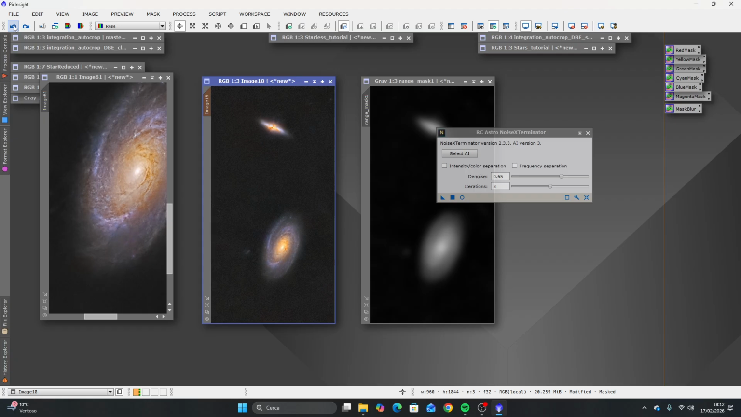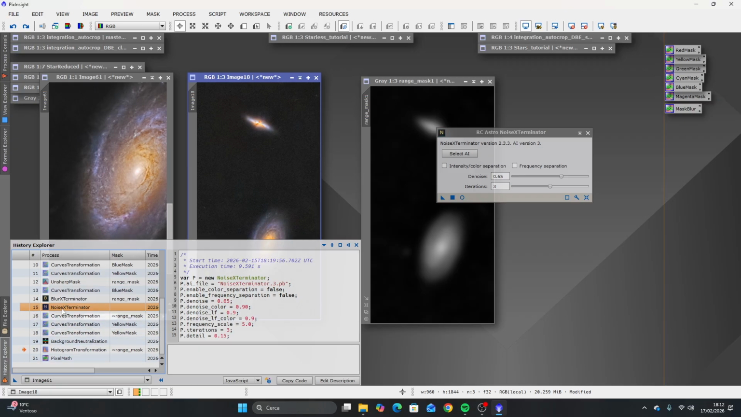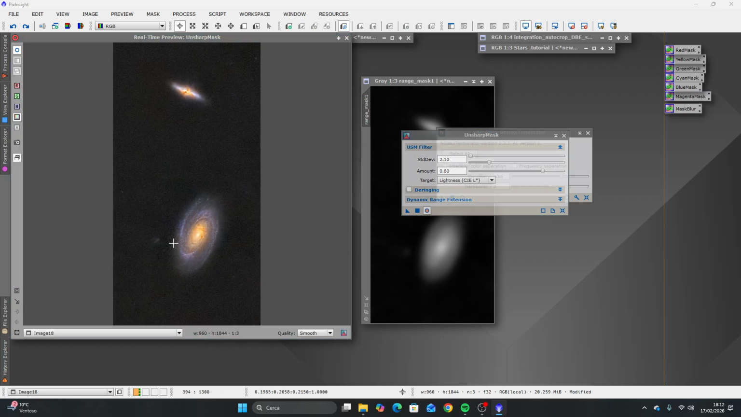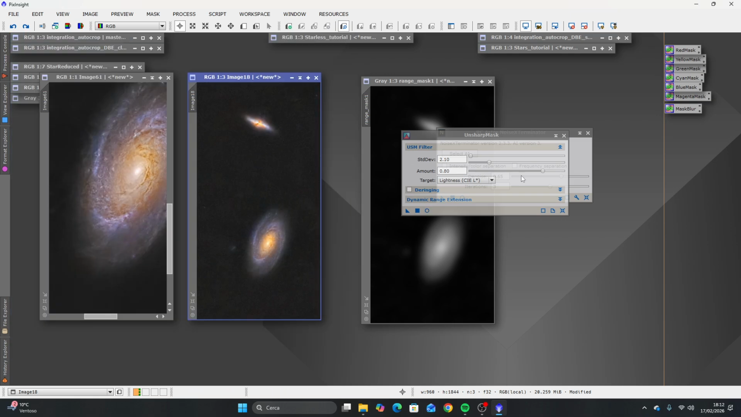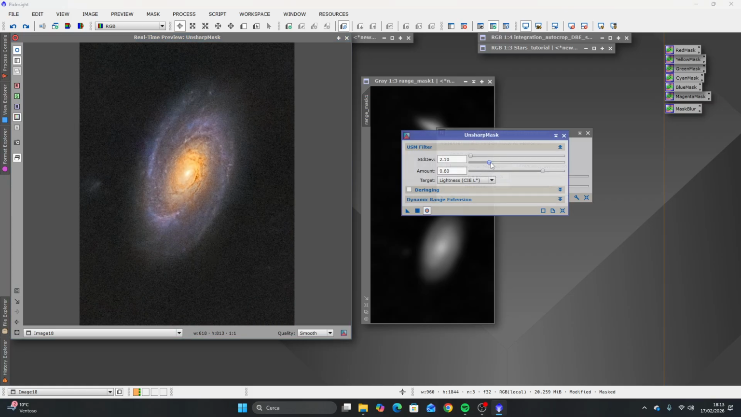Let's go back. Let's try to remove the mask on both galaxies. So let's open again unsharp mask. But it's targeting also our background. Yes, definitely targeting our background. So what can we do? Let's apply the range mask and try different, oh, sorry, and try different settings. Okay, let's go, for example,